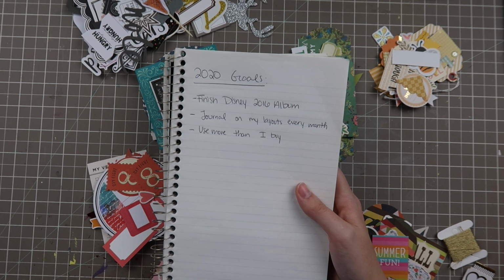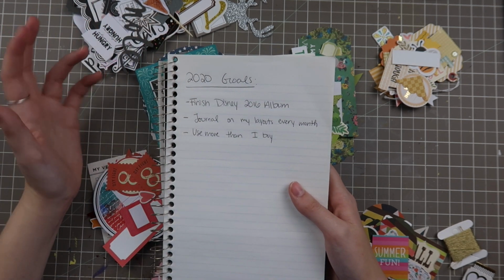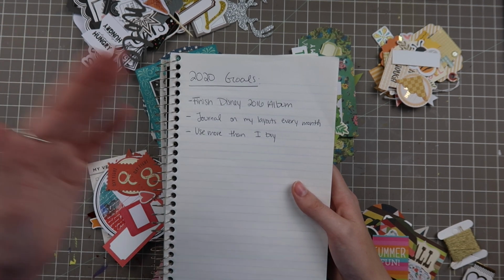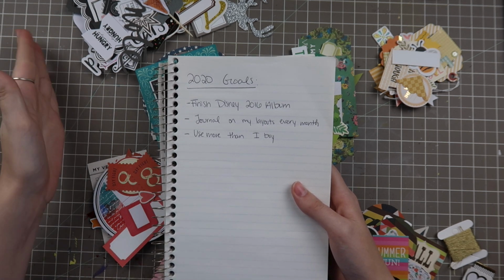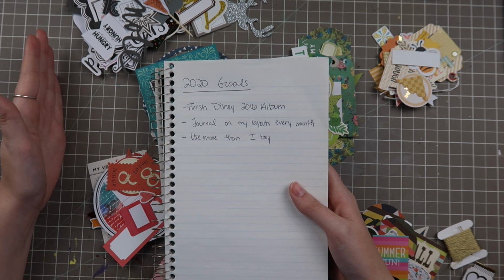Then my next one is a time-oriented goal. So, journal on my layouts every month. As you guys know, I usually do a kit per month, except for this month, where I work with a kit, make a bunch of layouts with it, and share the layouts at the end of the month. Since I'm working in a monthly format for my kits, and I have that deadline of the end of the month to get my How to Kill a Kit with Style video done,